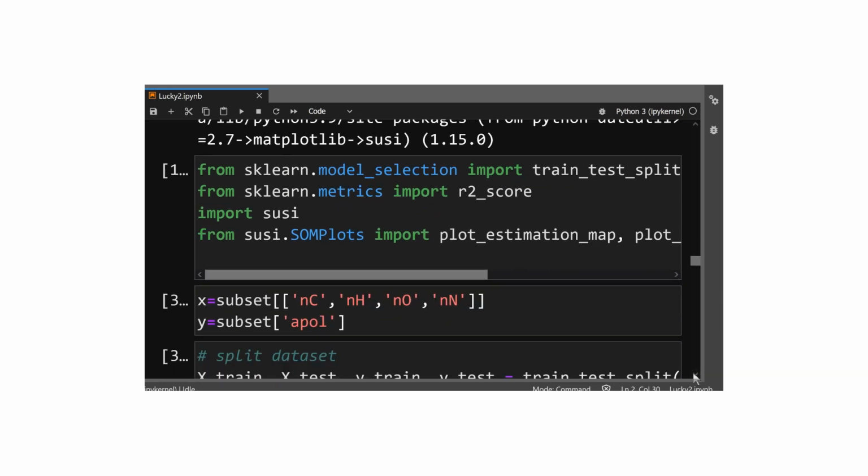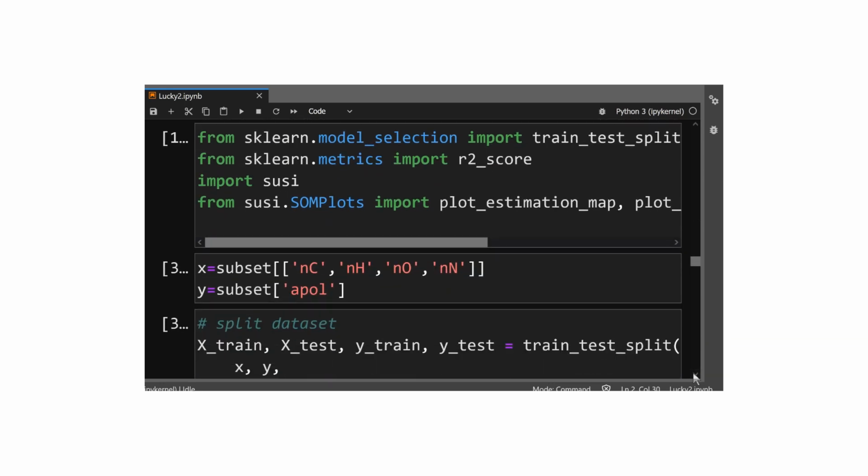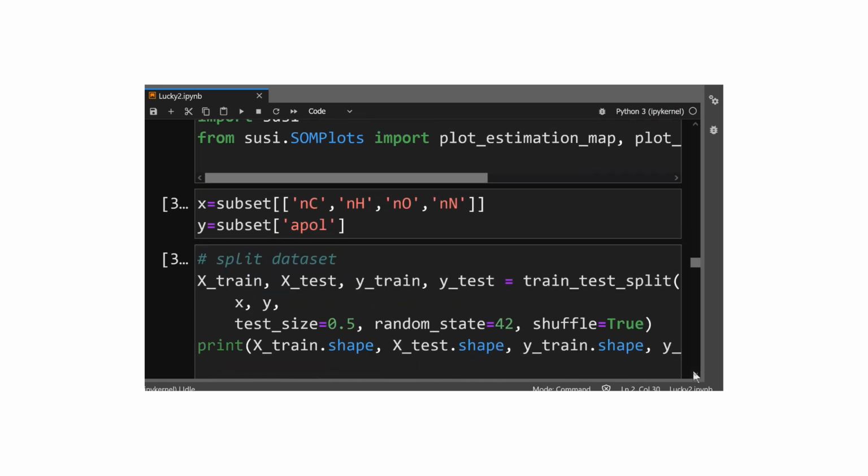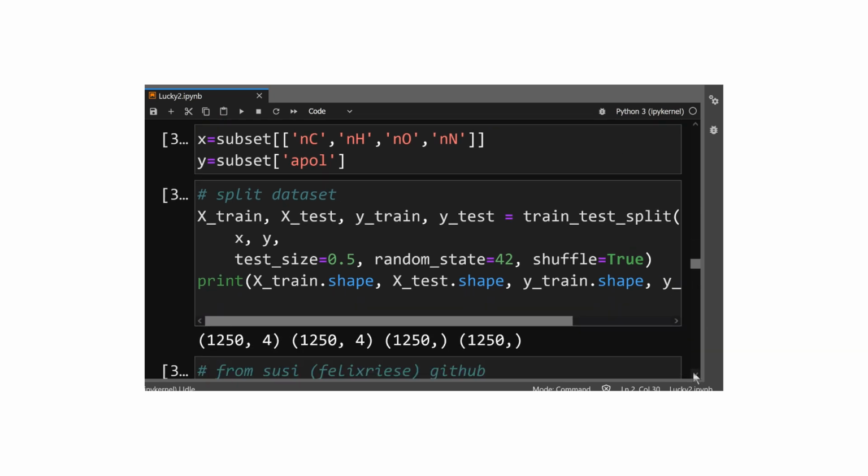It's installing, and we do a train test split. We have the libraries for installing the train test split and the other things, and we have X as the subset of the data with the 4 features, and Y is the target. And we split the data set,